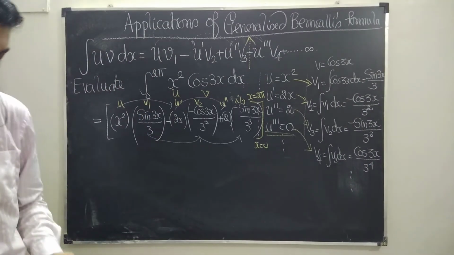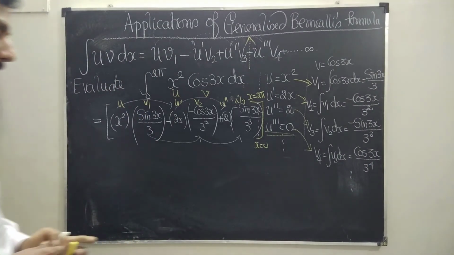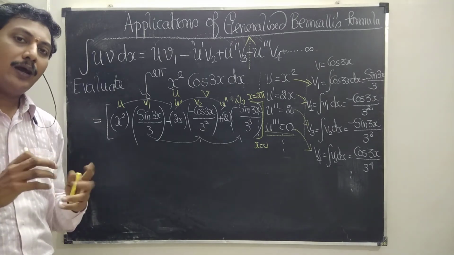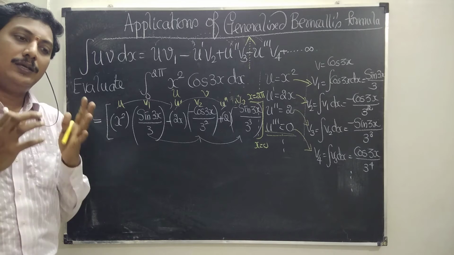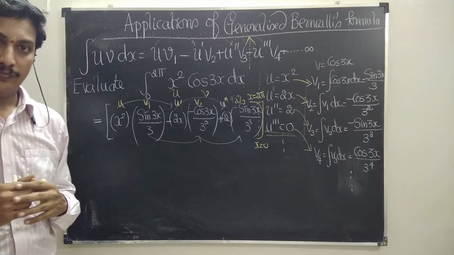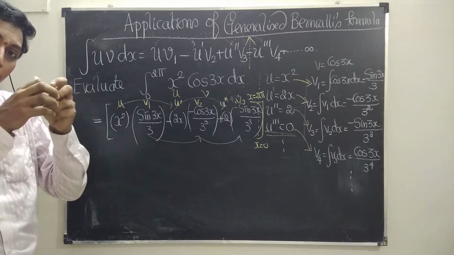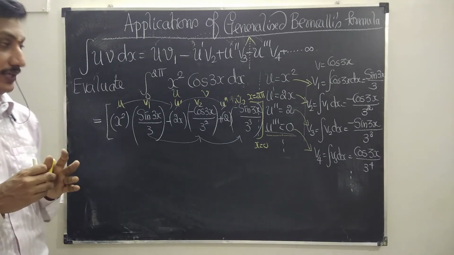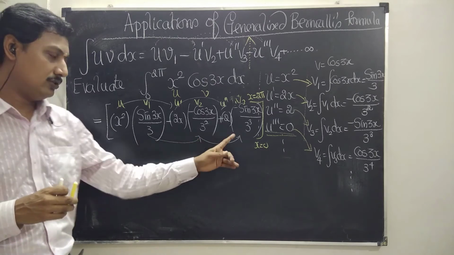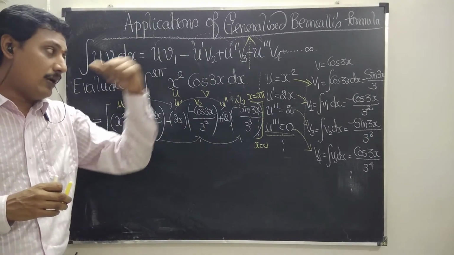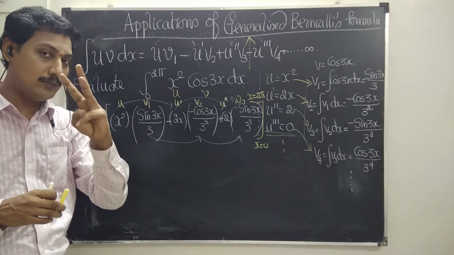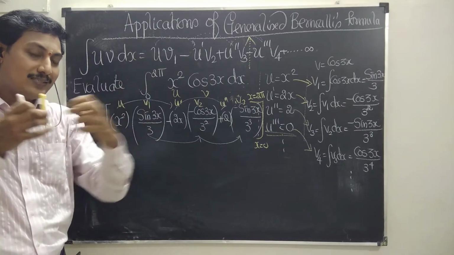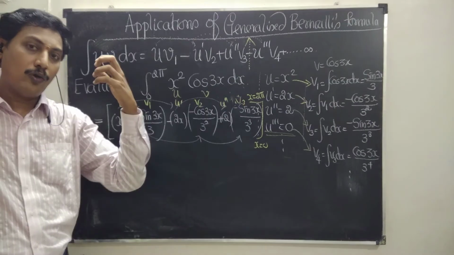So that's why I can stop this procedure. That's it. Right? Now, always my idea is to minimize the simplification part. If you unnecessarily prolong the terms, it will make you confused. If you see that 3 terms are there, when you apply the upper limit, you get 3 terms, and the lower limit, you get 3 terms. 3 plus 3, you get 6. So it makes you more confused.